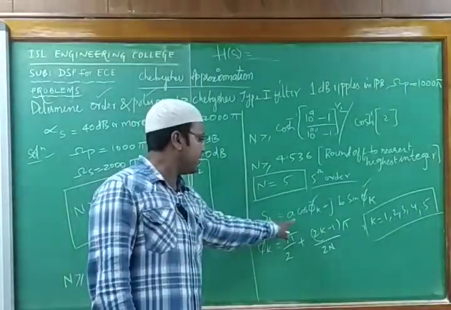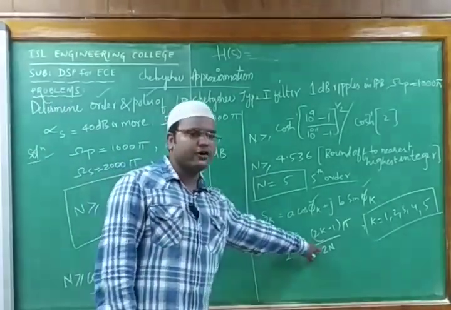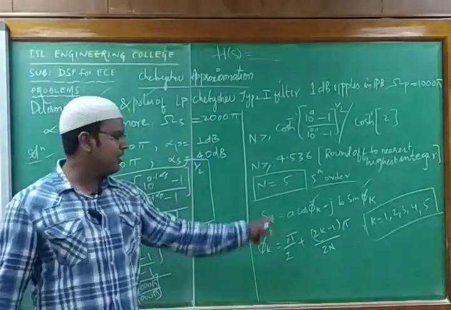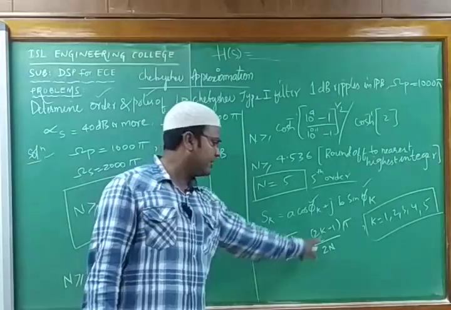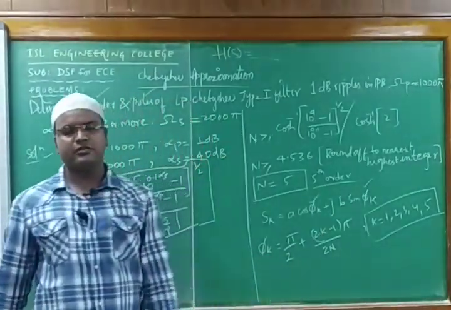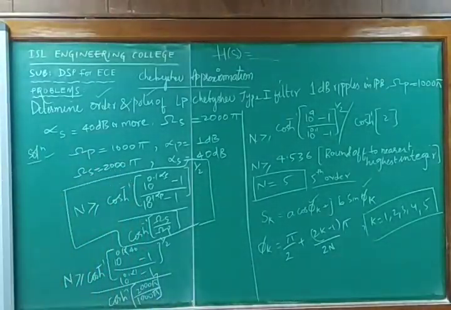So x k is equal to a cos phi k plus j b sin phi k. To get phi k, this is the formula. What is the k value? It varies from 1 to 5, right? So we need to substitute all those values wherever k is there, here is k, here is k. I'll put these values in the calculator and find phi 1, phi 2, and so on till phi 5. Then I'll get the value of s. First you note down all these things, then we'll go for the direct problem.